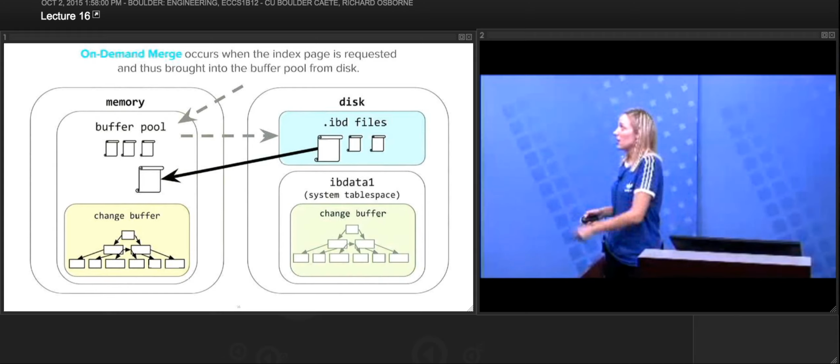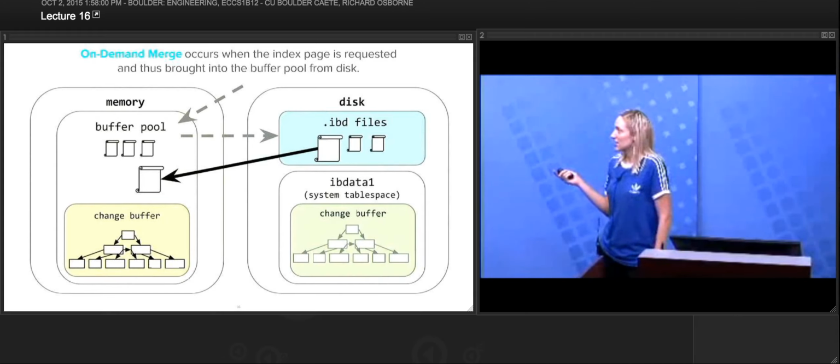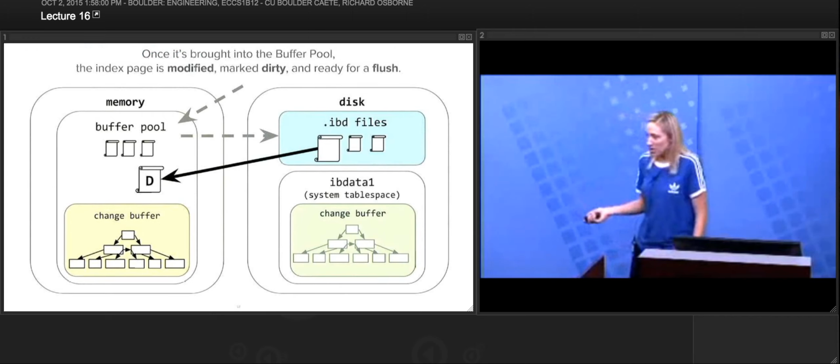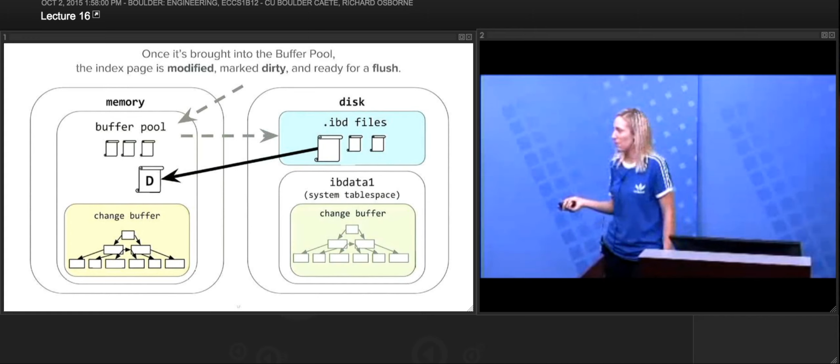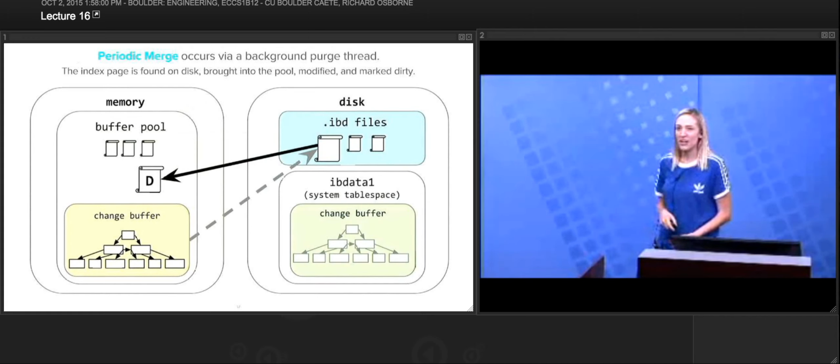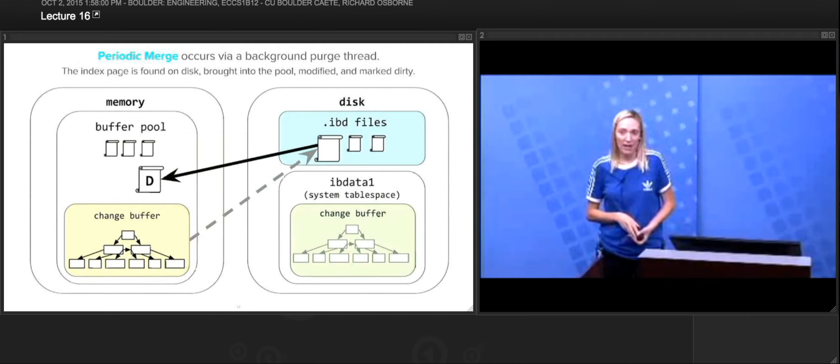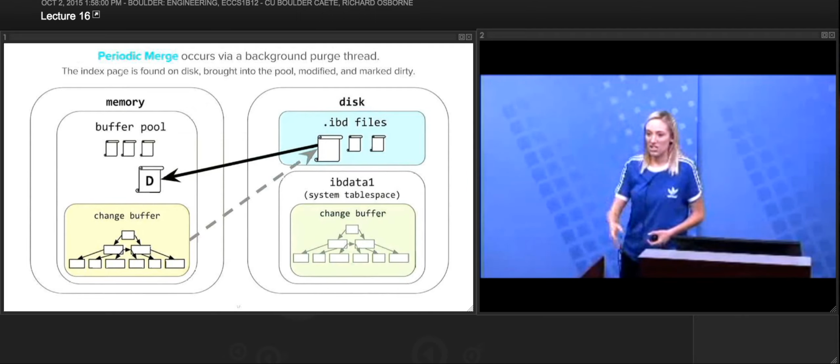So it says, okay, great, we have an on-demand merge. Let's get those IBD files, make those changes. And once it's brought into the buffer pool, it's modified, marked dirty, and ready for a flush, just like data. And then periodic merge is just the background thread. So I haven't made a specific change, but the background thread is constantly running over the change buffer and saying,